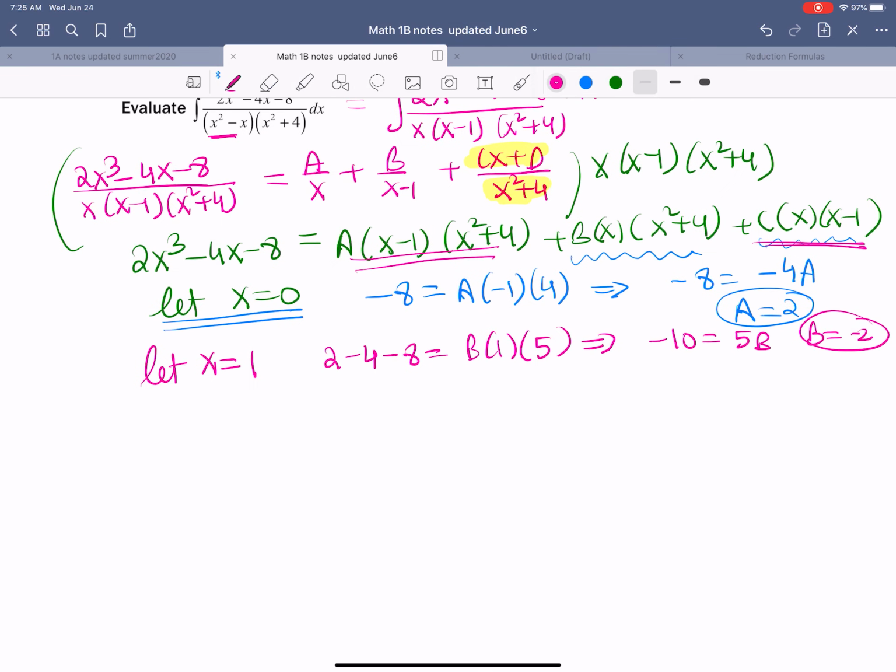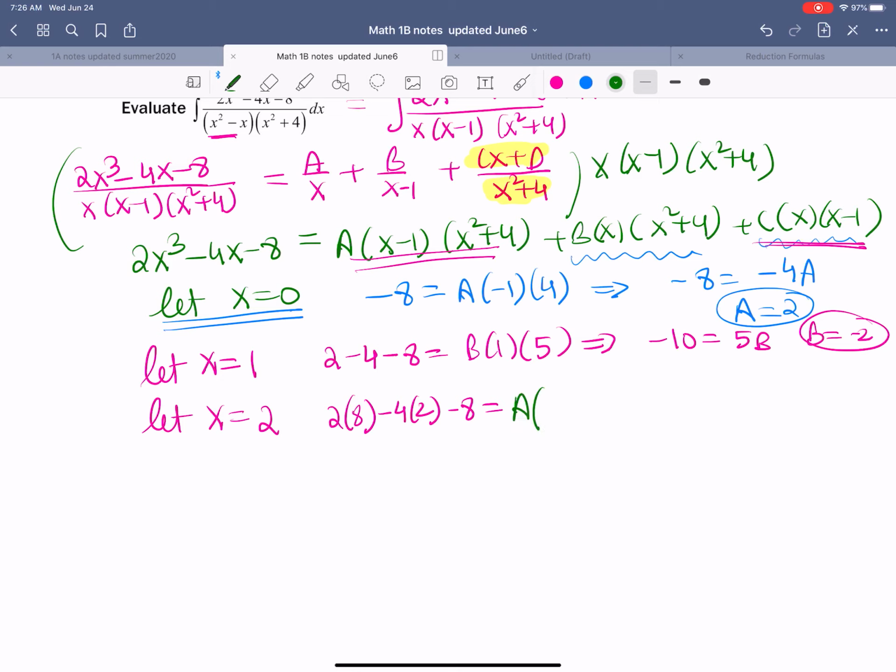So let's plug in any number for x on both sides. So let x be 2 or something. Okay. So if I let x be 2 on both sides, I would have 2 times 8, 2 to the third power, minus 4 times 2 minus 8 on the left hand side,